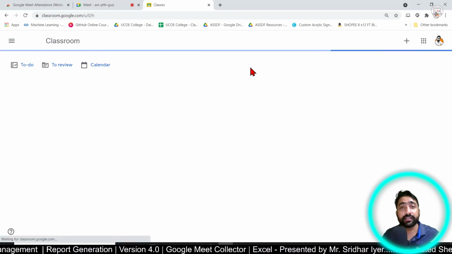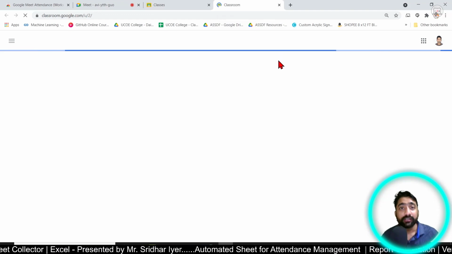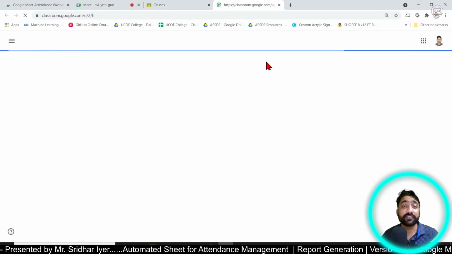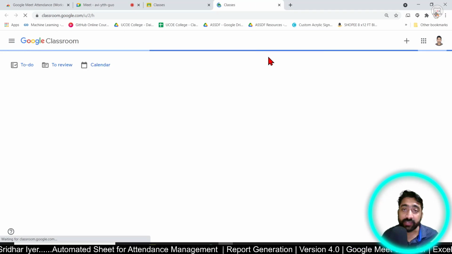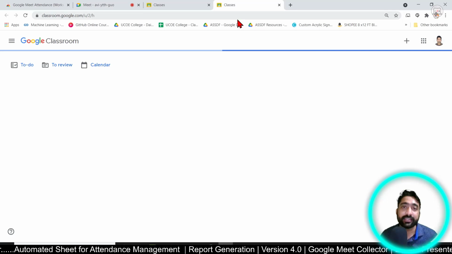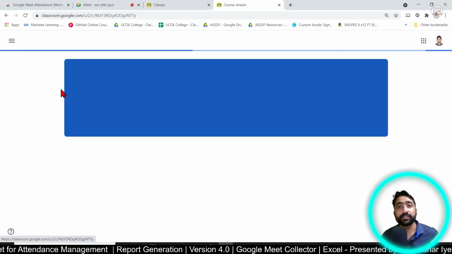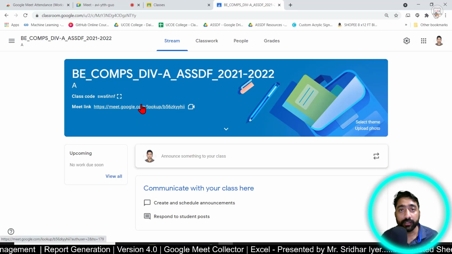The students are registered on Google Classroom. The student has to go to the live lecture using the Meet link of that Google Classroom only. So we have separate classrooms for each subject. It simplifies the task very much. Once the student is inside a particular subject's classroom, they can access the Meet lectures for that particular subject. As you can see, this is how the Meet link is shown.